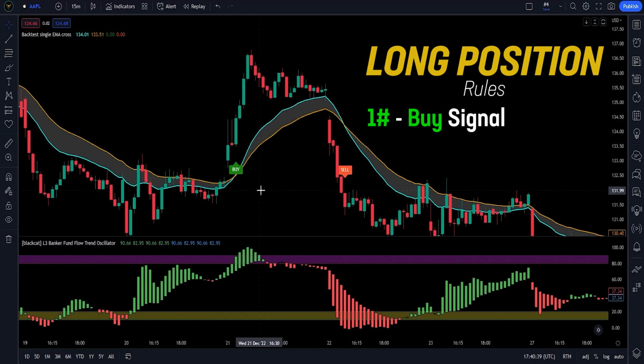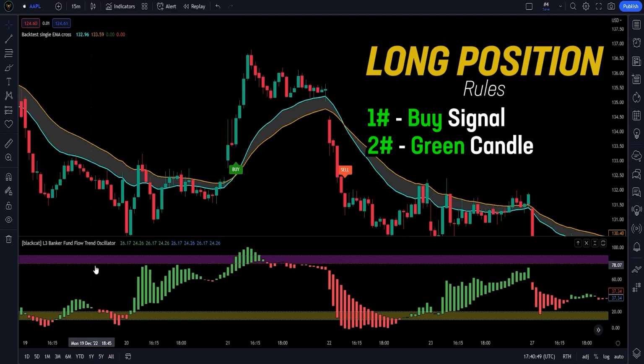Now let's move to our second rule. Rule number 2, trend oscillator candle must be colored green. This indicator gives us a signal whether or not we are in a bullish pattern or a bearish one. As you can see, the market constantly changes from bearish market to bullish market and vice versa. For our strategy to work flawlessly, we need to make sure that we are in fact in a bullish market, meaning that more people are buying than selling, so the market price will go up. Therefore, we will always check whether or not our trend oscillator candle is green colored.